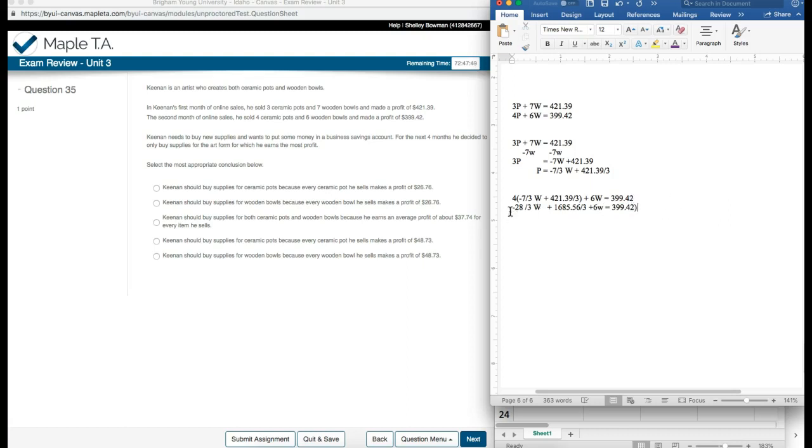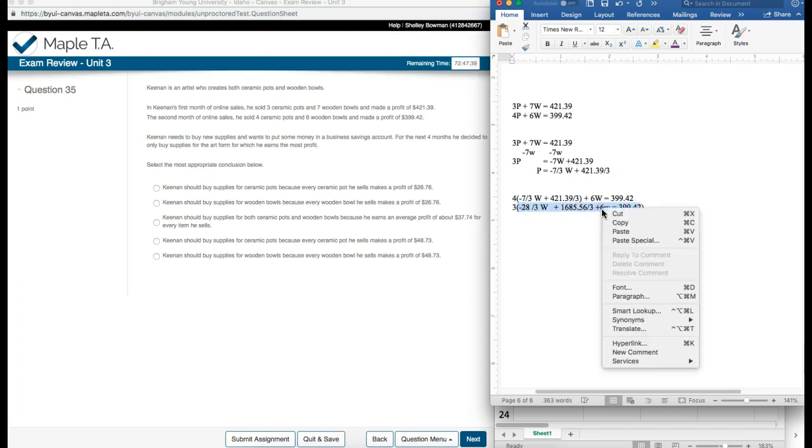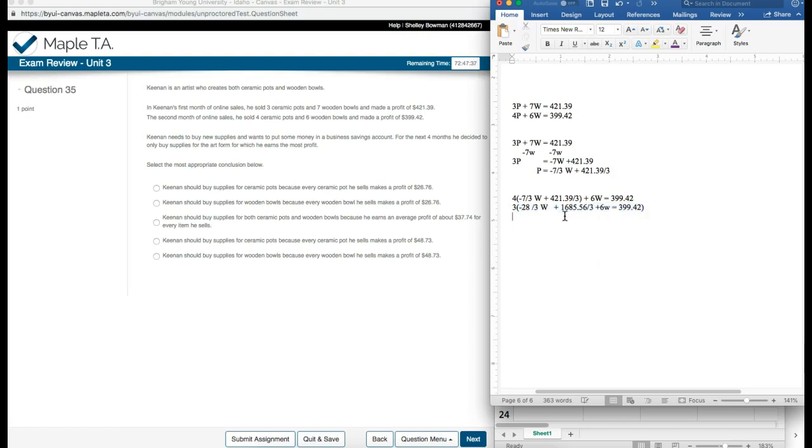So I'm going to multiply this entire thing by the common denominator 3 here. So when I multiply it into here, I get negative 28 and the 3 cancels. So for my next step, I'm going to just copy and paste this down here, and this leaves me with negative 28. 3 is gone, and then here again the 3 is gone, and multiplying 6 by 3 gives me